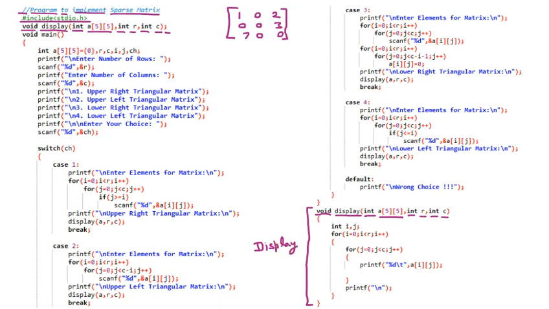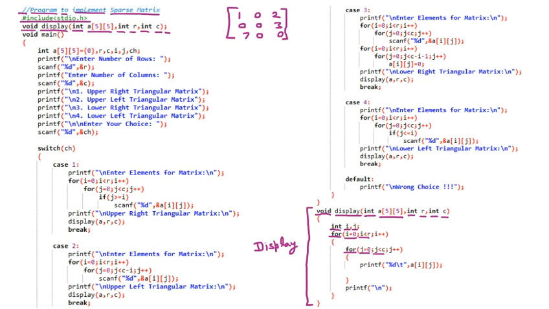Here we have passed the array, rows and columns. Obviously we have int i, j, for running the loops over the rows and the columns. We run the loop normally for i equal to 0 while i is less than r, meaning the rows. And for j equal to 0 while j is less than c, meaning the columns.